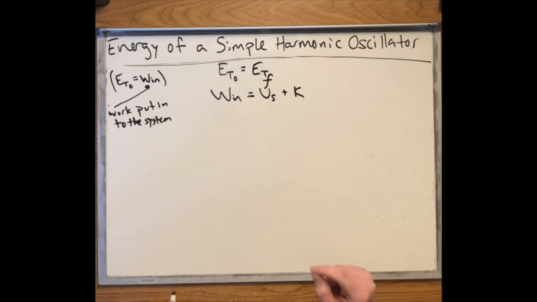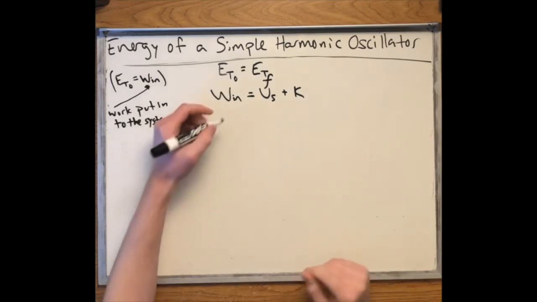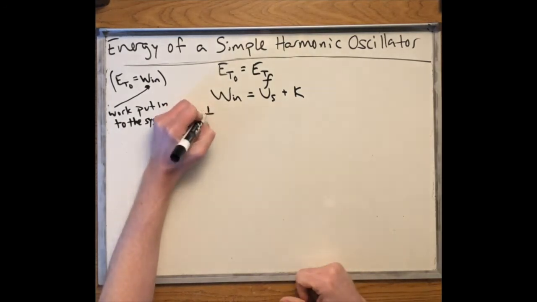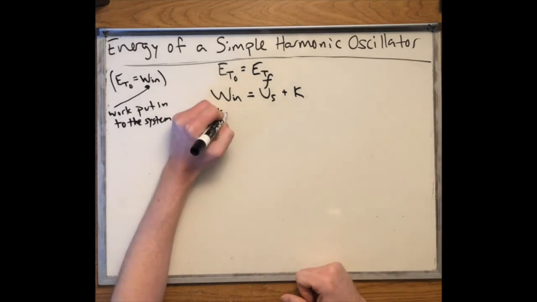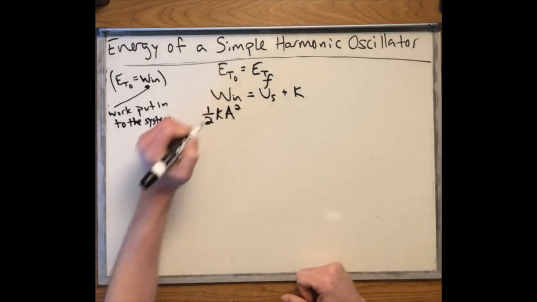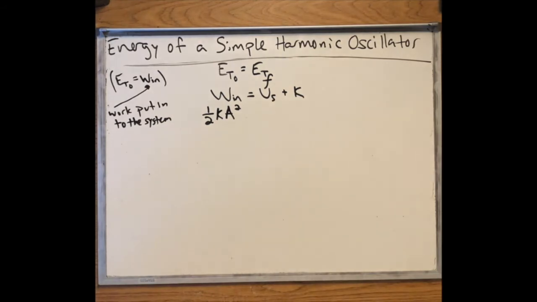But since the amount you stretch the spring in the beginning is the amplitude of the oscillation, we're going to write this term not as 1/2 kx squared, but as 1/2 ka squared,